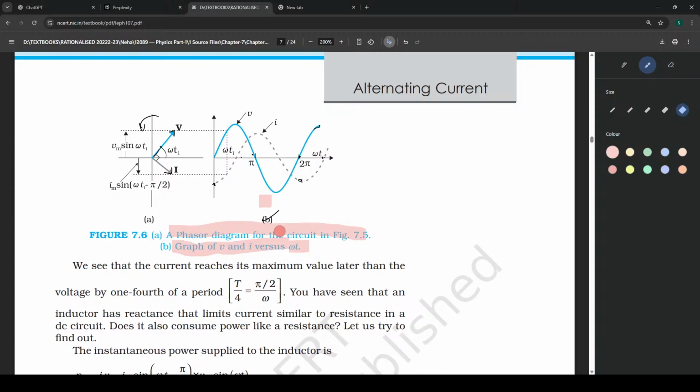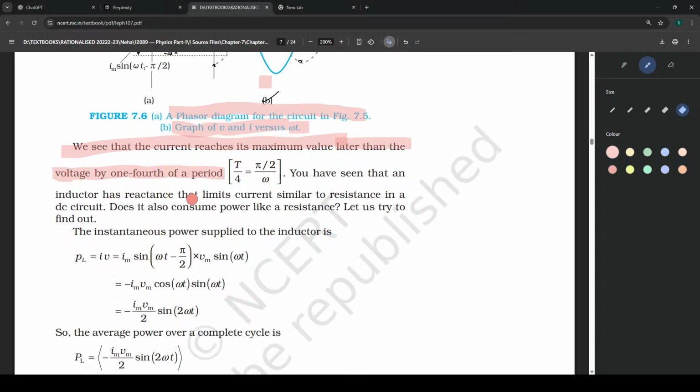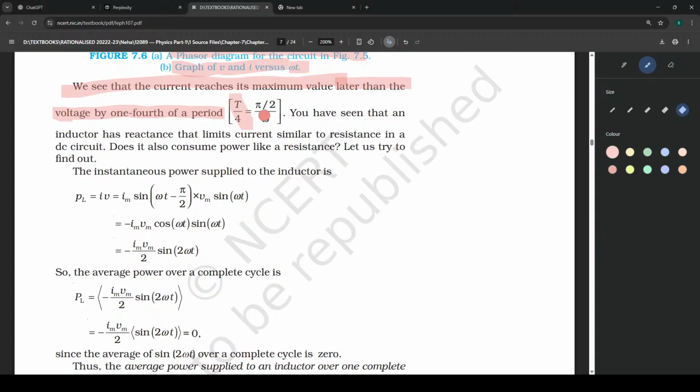This one. We see that current reaches its maximum value later than the voltage by 1/4 of a period, T by 4, which is equal to